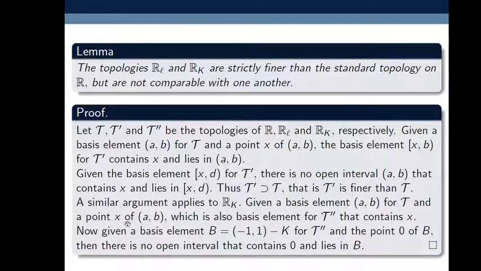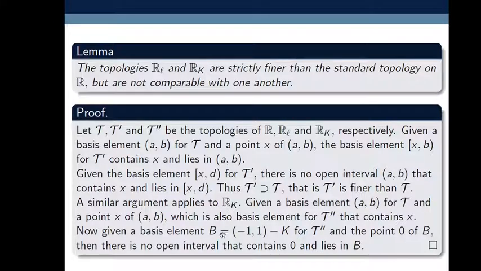Here we are applying the same argument, whatever we proved in RL is finer than R. So using the same argument we are proving RK is finer than R. Given a basis element open interval (a, b) for tau and a point x of (a, b), which is also a basis element for tau double dash, that contains x.